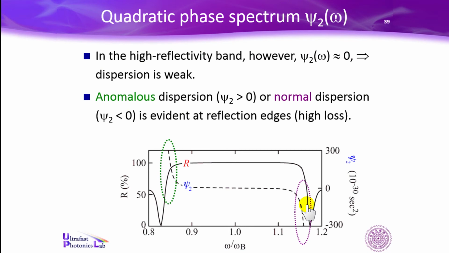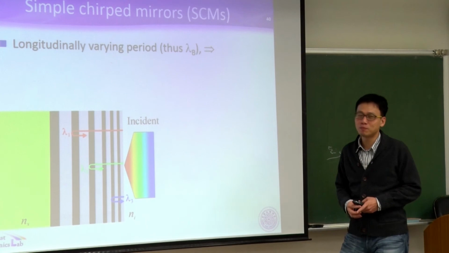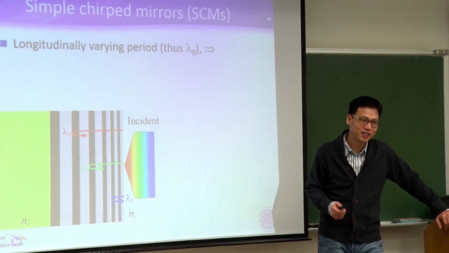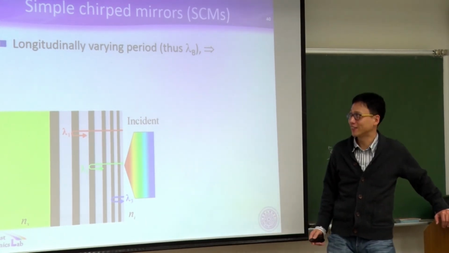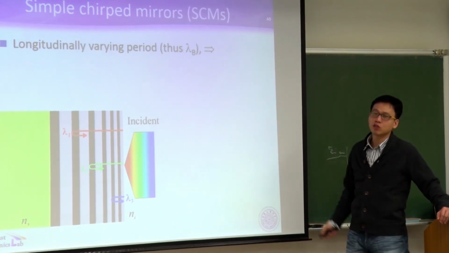So, what's the solution? We spent so much effort, and we were happy to find one solution. We have a new device, creating dispersion by interference, multi-layer structure, but it turns out that does not work. Okay. So people are very smart, driven by need. If you have some need, you will have invention. You can generalize DBR to simple chirped mirrors,